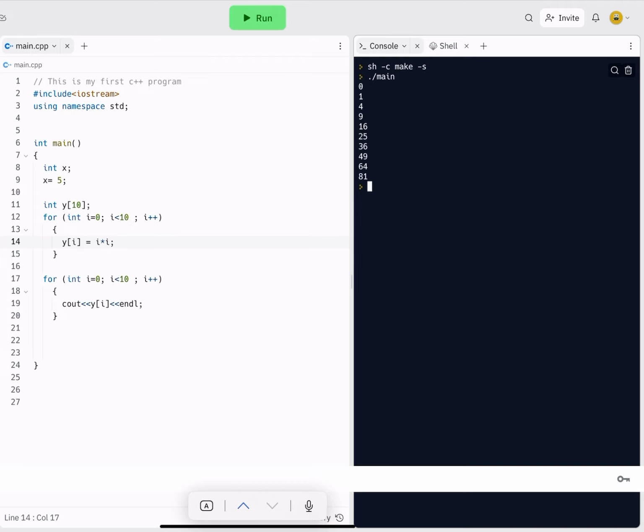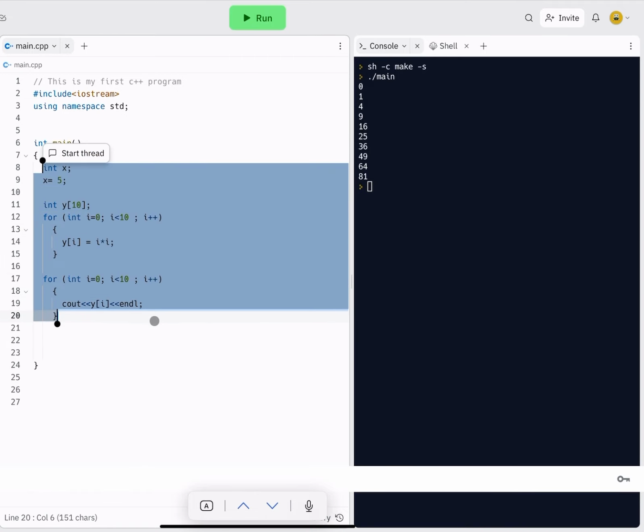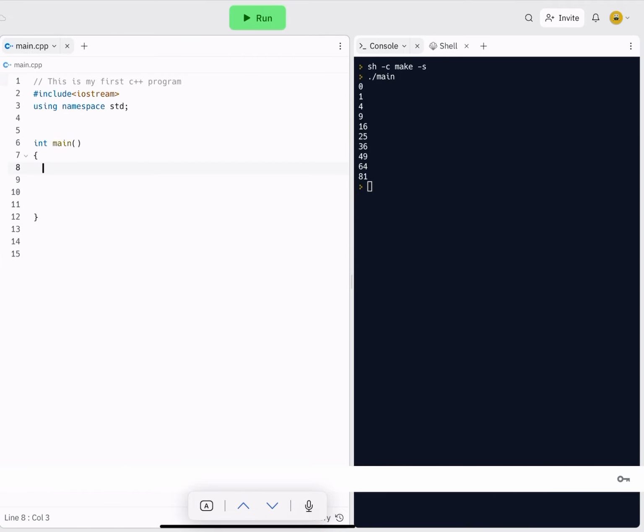But one question, why do we need the array? Let me give you an example to show you why we need arrays. So let me make a small program that computes the average of 6 numbers or 5 numbers. So before we use the array, you need to define 5 variables. Let's say